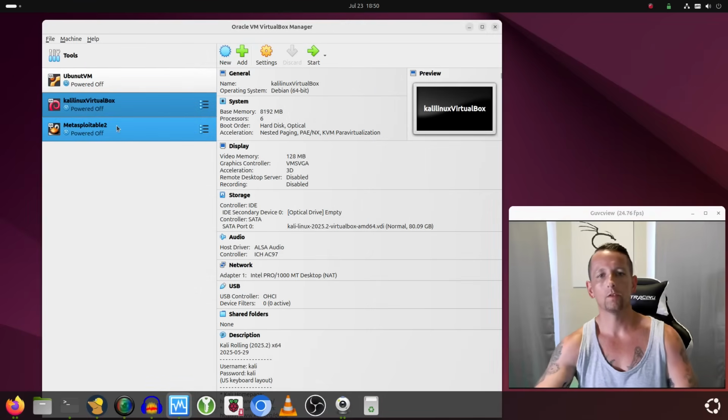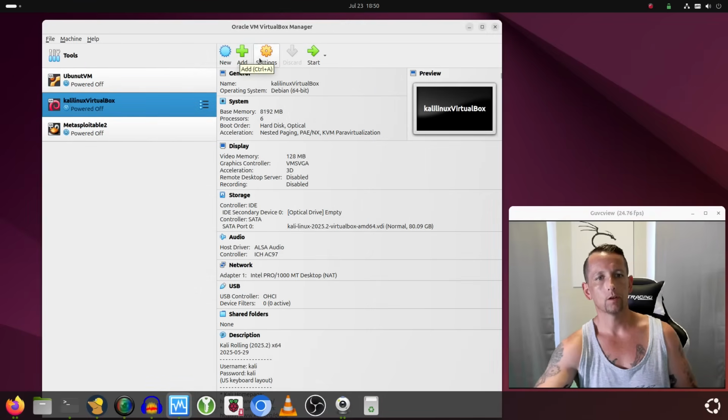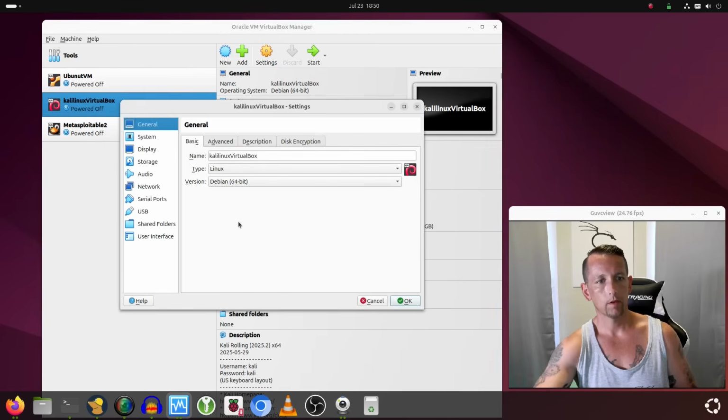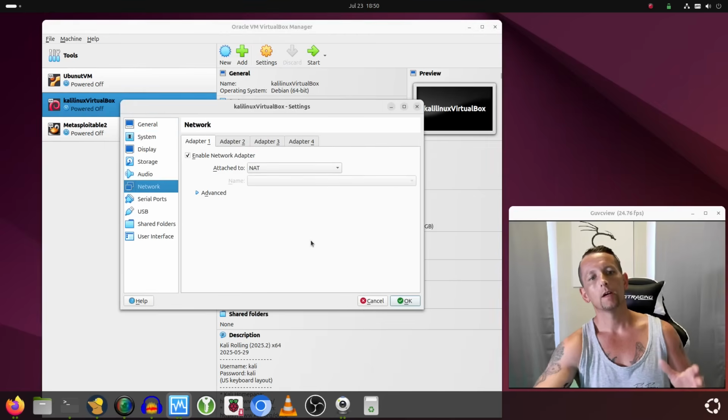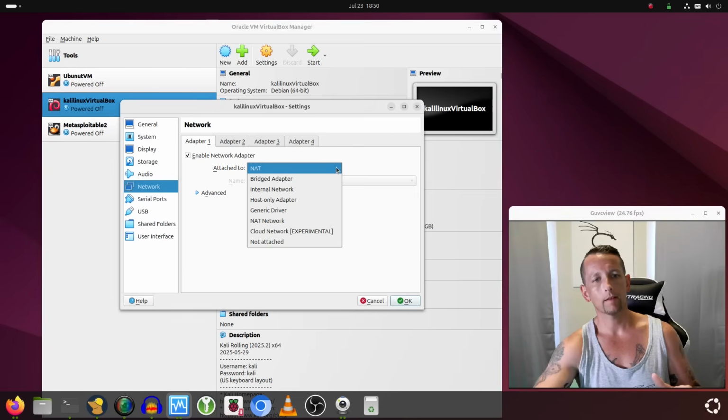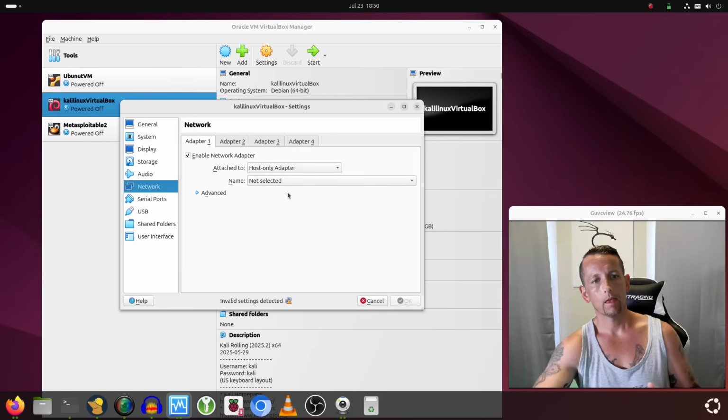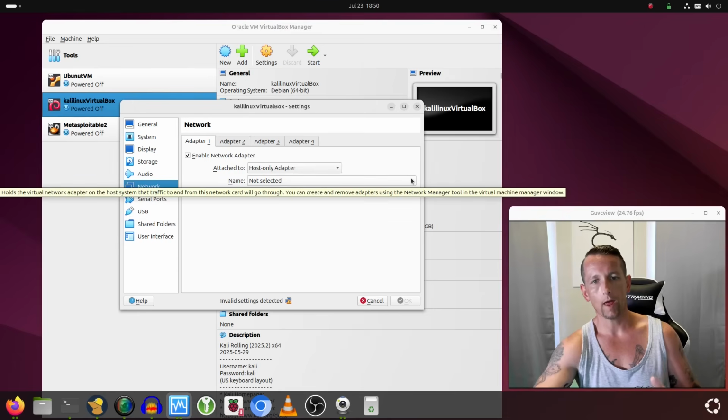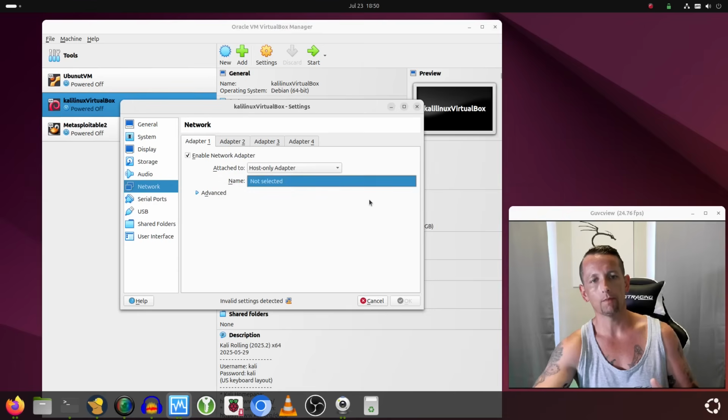What we want to do is go into Settings, go into Network, and we need to change the network adapter from NAT to host only. Now when I do this, you see it says not selected underneath the name. We don't actually have anything set up yet for this. So I'm going to cancel,